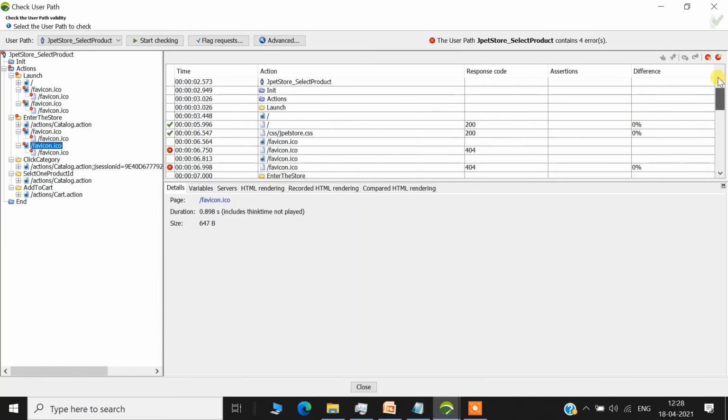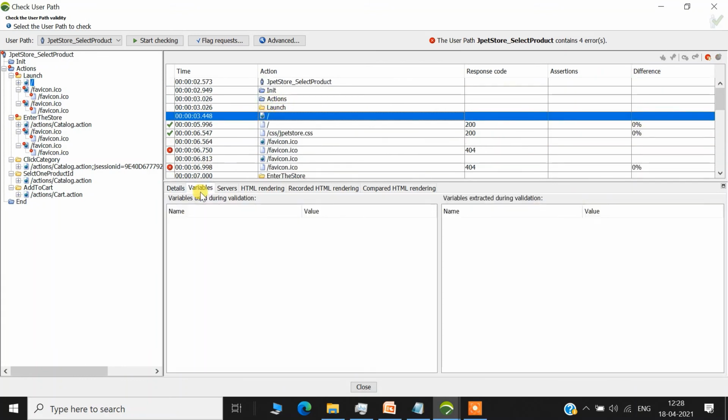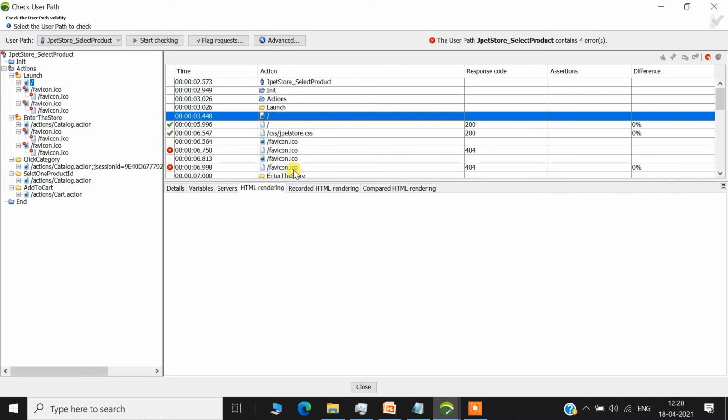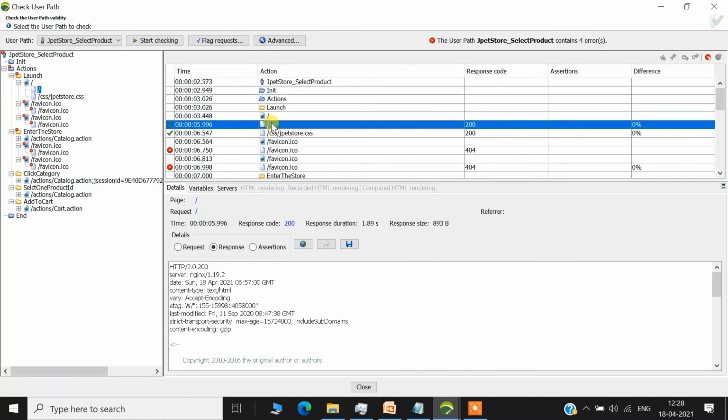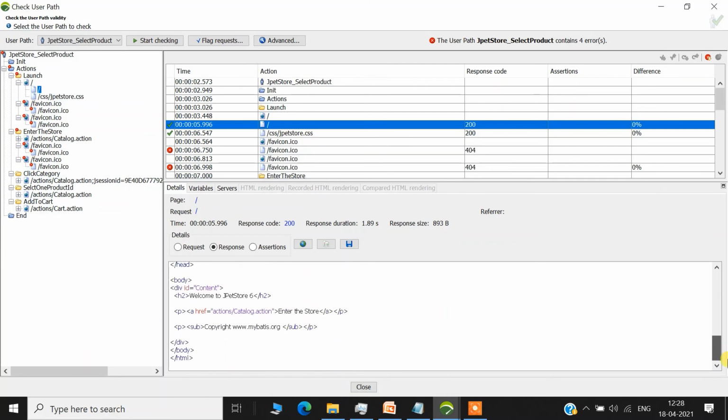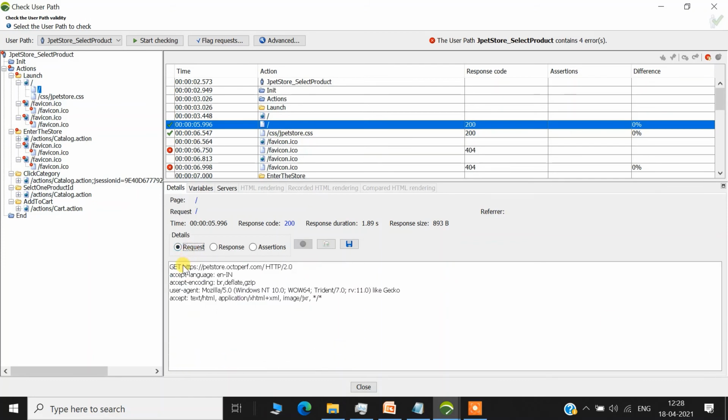Now let's see one by one the pages. First we clicked on launch. Oh sorry, this one. So this is the response. We got HTTP 2.0 200 status code, and this is the body of the response. This was the request, a GET request for petstore.octopuff.com.